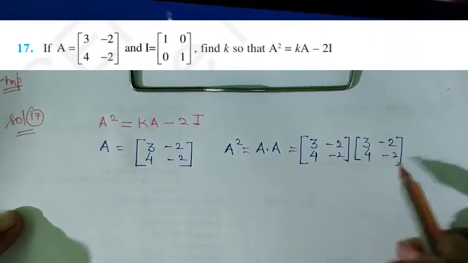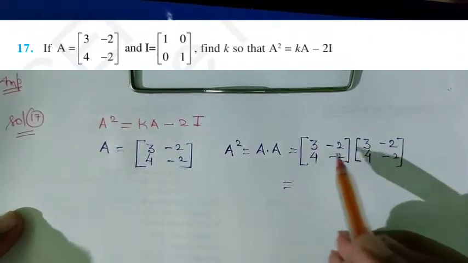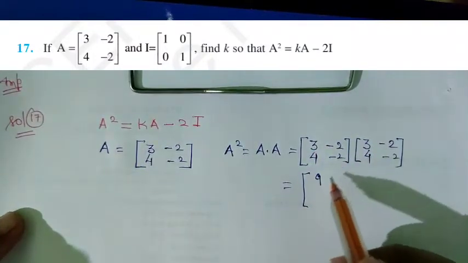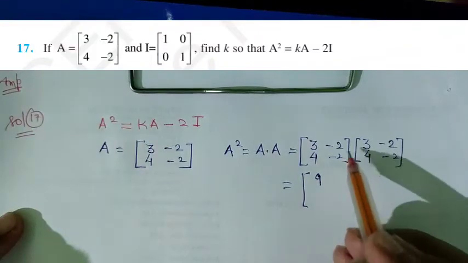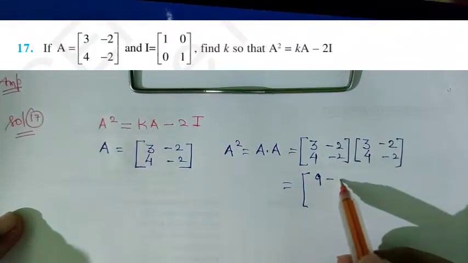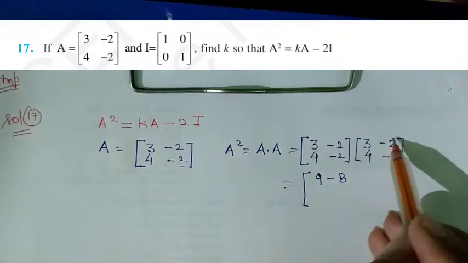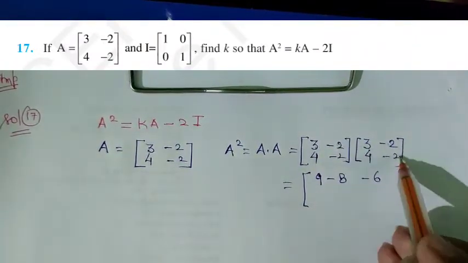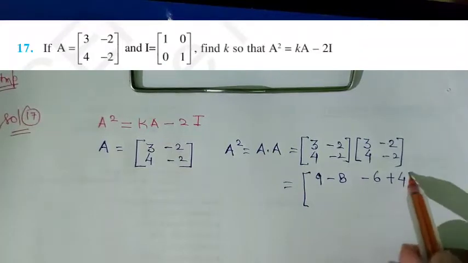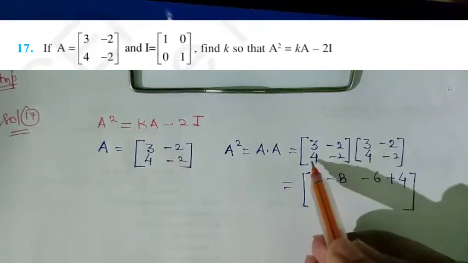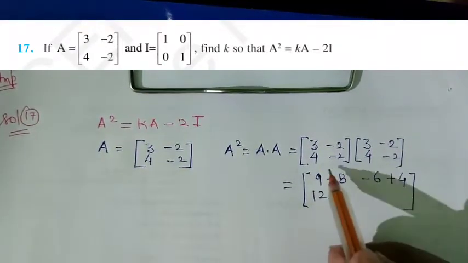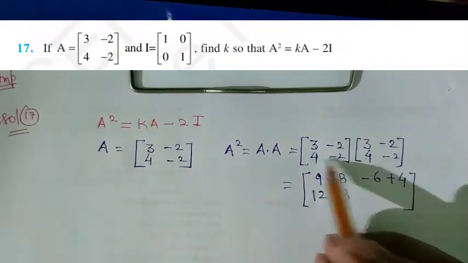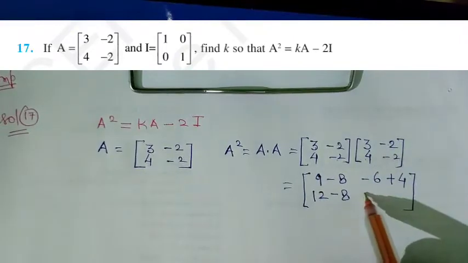We'll multiply this. 3 3s are 9, minus 2 4 minus 8, 3 minus 2 minus 6, and 2 2s are 4, 4 3s are 12, minus 2 into 4 minus 8, minus 8